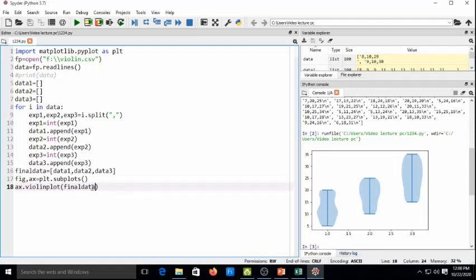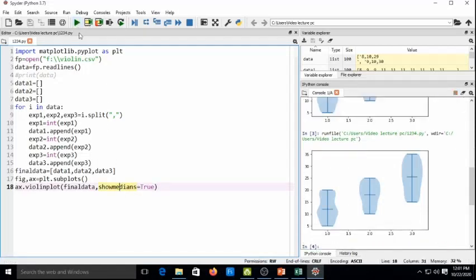For example, if you want to show the median values, you can pass showmedians equals to True. If you pass showmedians equals to True, then a median line is generated in the violin plot.